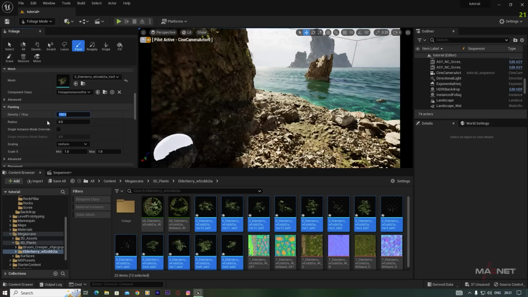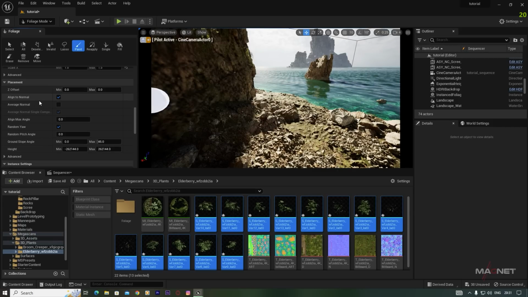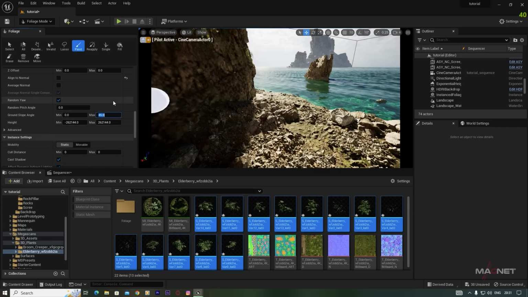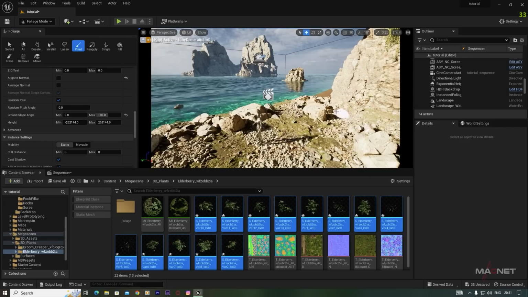So maybe we change the density to 20 here and also increase the scale randomness to 1.5, disable this align to normal, and also we go to this ground slope angle and set it to 180 degrees. Okay, so now we're going to paint,